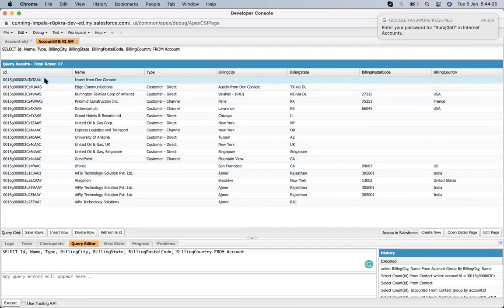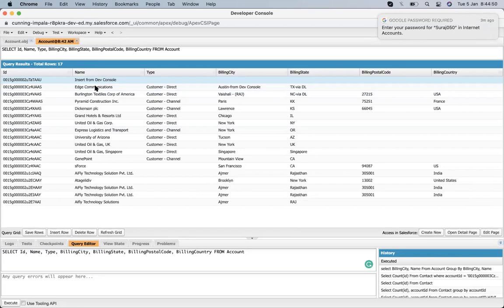Okay, it got inserted in Salesforce. Whenever any record gets inserted in Salesforce, its ID is automatically generated. For a developer, ID is a very important thing because it helps us to identify that particular record throughout the development process. What I have demonstrated is that you can click on insert row and insert a new record from the developer console too.